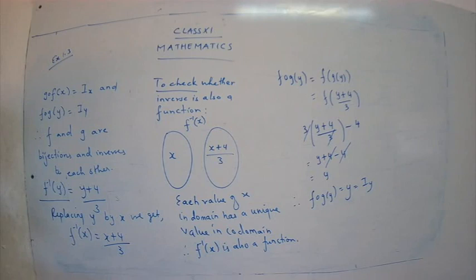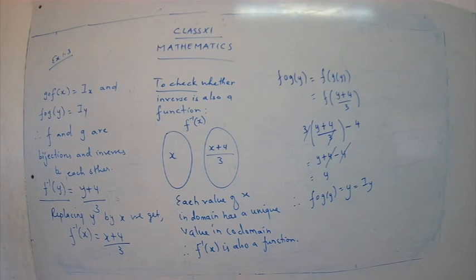So what is that? You have to verify the symmetrical property about the line y is equal to x. So we have to do 3 graphs over here. One is we are going to draw the graph for y is equal to x, and one is you are going to draw a graph for the function. What is the function? f of x is equal to 3x minus 4, and one we have to draw the graph for f inverse x. What is f inverse x? x plus 4 upon 3.